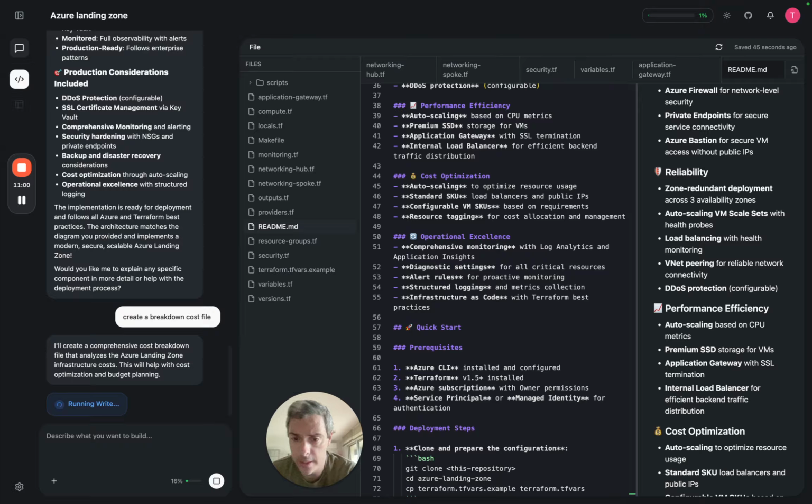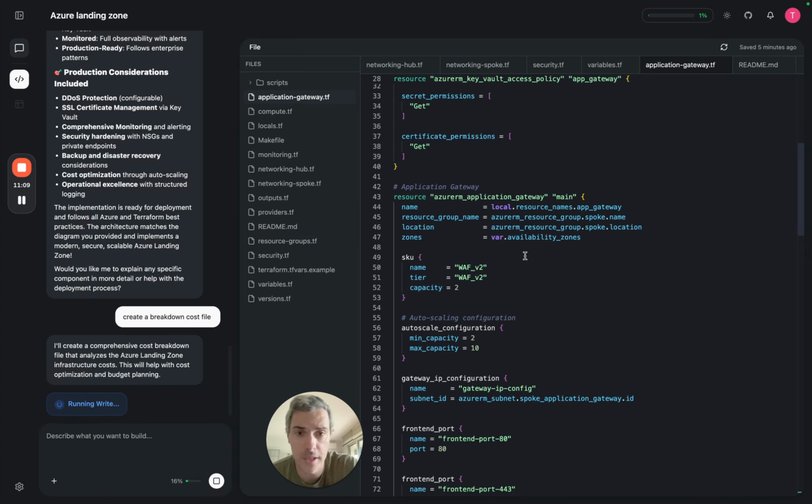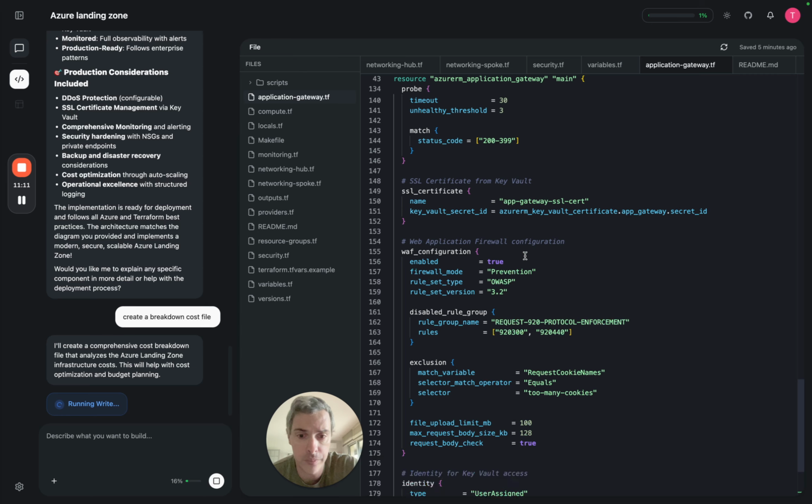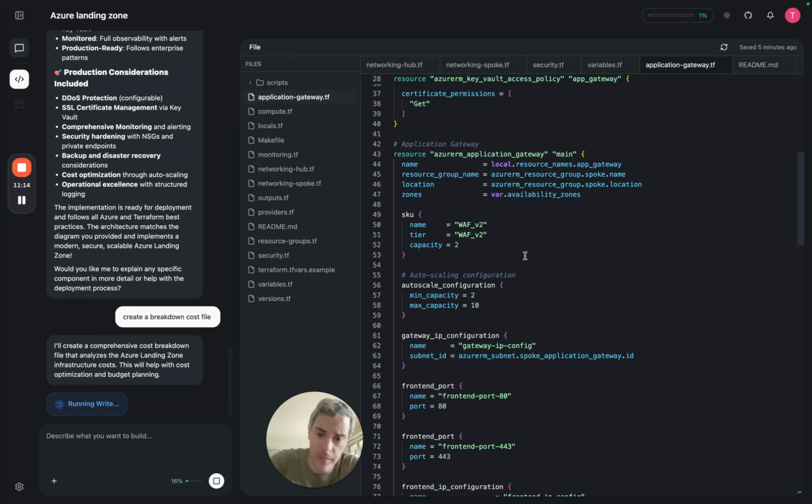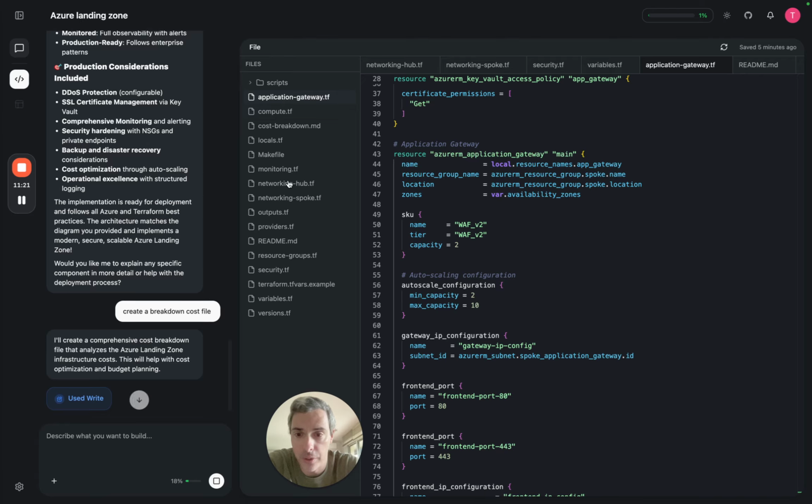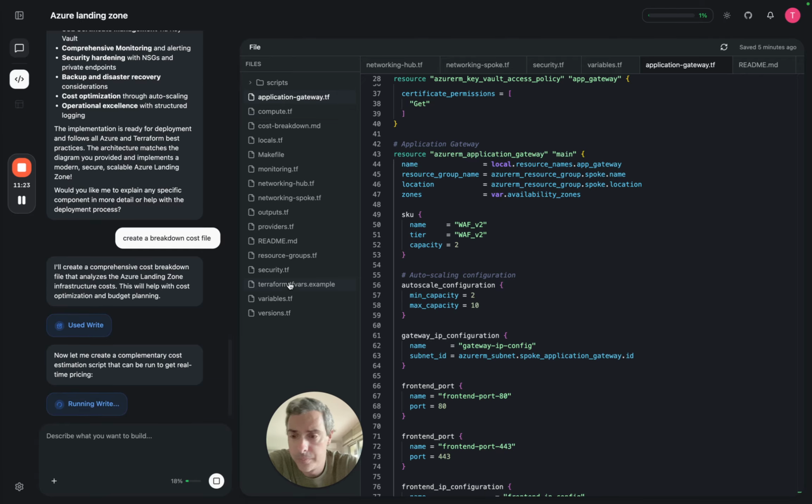So now we need to wait a little bit just for it to really calculate all the cost that we need. But as you can see here, we already created all of these files in a matter of minutes. So writing code is not the bottleneck, as we already know. It's easy to use a product that could do it. But now we can take a step back and really understand how we can manage cloud infrastructure at scale using AI. And as you can see here, cost breakdown,